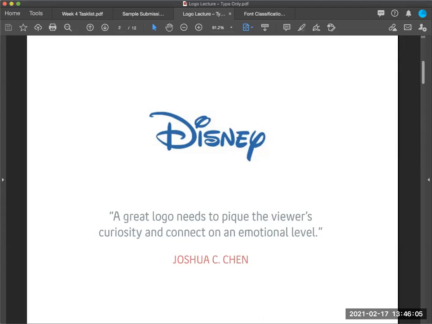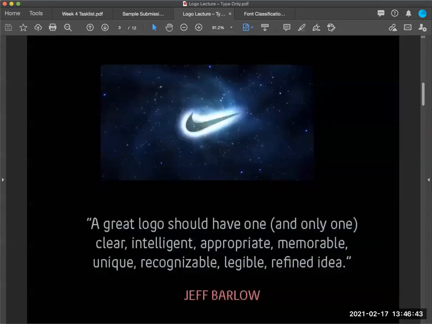So when we look at something like a Disney logo, we immediately get a sense of its personality and its subject matter, and it's just sort of lightheartedness because of the characteristics of the way that logo was designed. So it captures an emotional level just by the way that the design of those letter forms are created. And in the case of Walt Disney's logo, we know that this is based on his signature mark, his hand, which tells you something a little bit about the business, about the brand, that it's from the hand of an artist, that its origins come from the hand of Walt Disney.